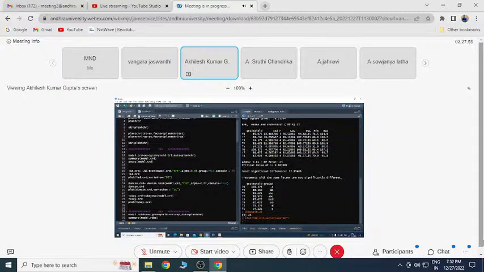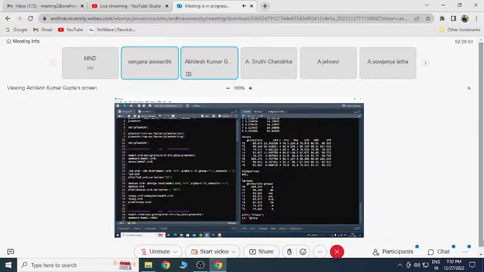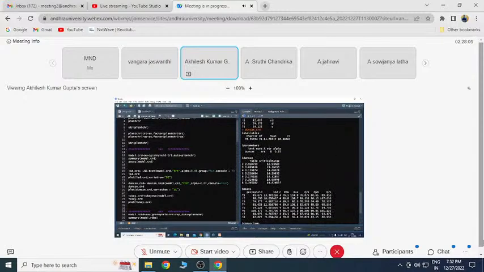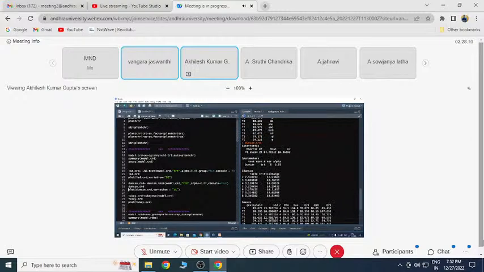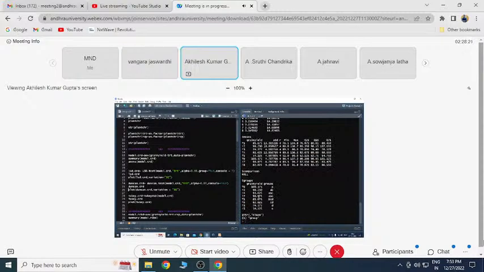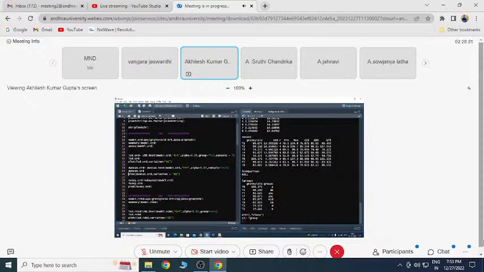Again, a very simple command, duncan.test. Again the same type of comparison, but in Duncan the difference is you don't get one value. That is the difference between the Duncan test and the CD value. You get different ranges on the basis of the distance between your treatment groups. So here we have 7 ranges, I think, and similarly you will get this type of grouping, different from the LSD.